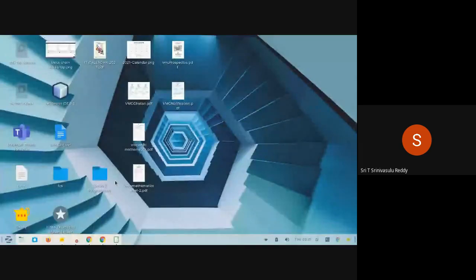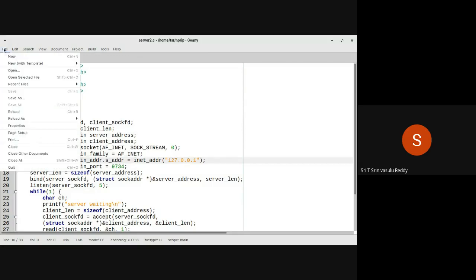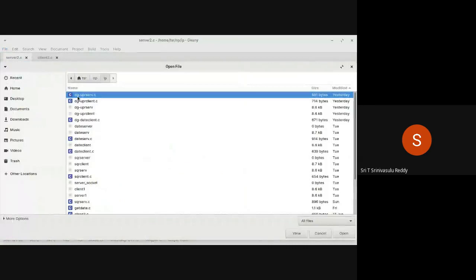So the changed programs, let us see whether we have changed programs here or not. We don't have. Right now, if you see here, port number is 9734. Instead of this, let us see whether we have server 3 by any chance.